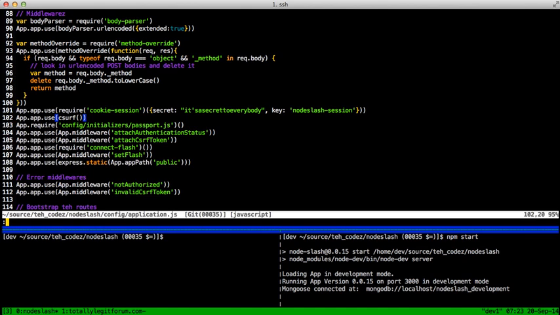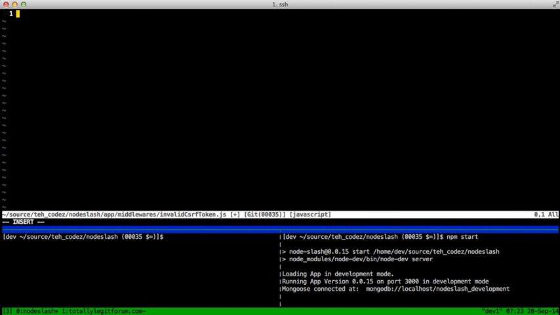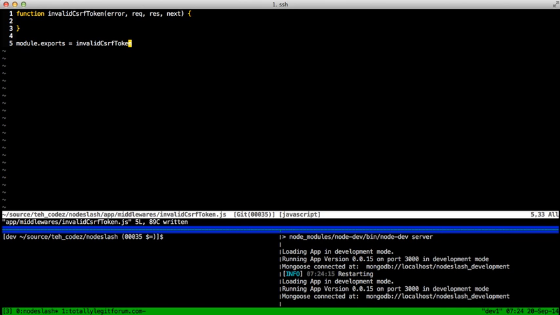Let's fix that error page. To do so, we just drop in a nice middleware. Let's open a new file at app/middlewares/invalid-csrf-token.js. First, we lay down our error handling middleware skeleton, where we just do function, the name of the function. And remember that error handling middlewares have an arity of 4. And then, of course, we export the function that we declared here. And then, ripping this straight off from the docs page,